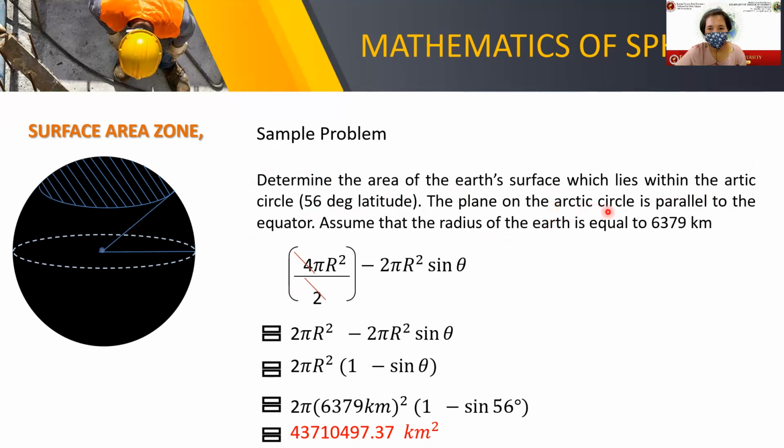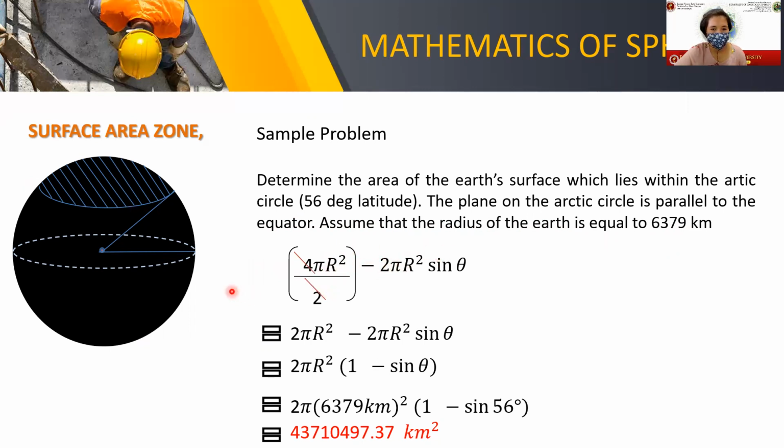The plane of the Arctic Circle is parallel to the equator. So the plane of the latitude itself is parallel to the equator. So it's easy to solve. Assume that the radius of the Earth is equal to 6079 kilometers. So by employing the formula, which is 4 pi r squared over 2 minus 2 pi r squared